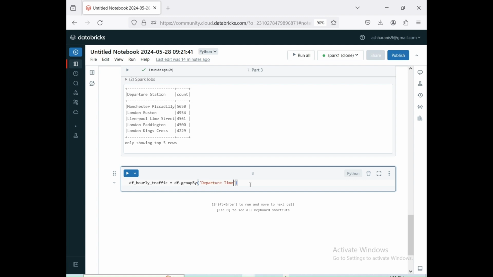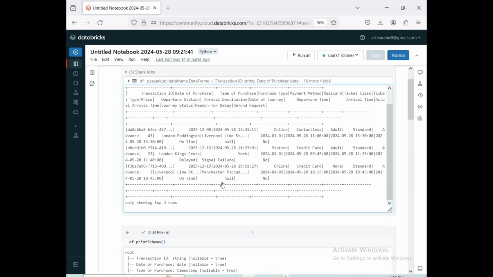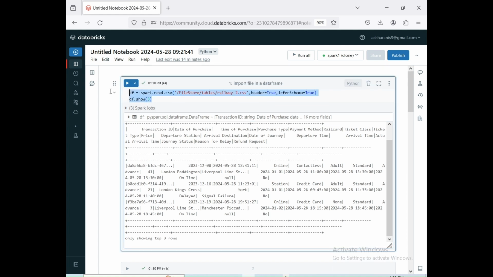But now the issue that we're going to face here is if I go to the top where I've loaded the data, you'll see the departure time is not proper, or instead of show, let me just do